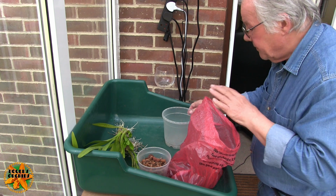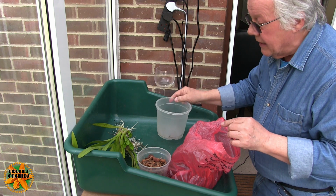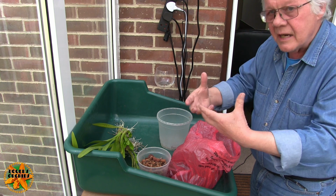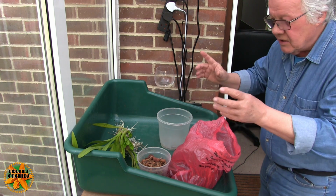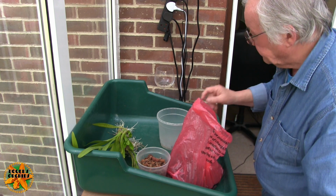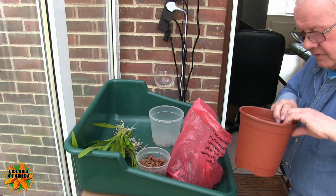That's all there is. I'm using that pot, which is too big really, but these growths are going to grow and I want room for the next lot of growths. All these pieces in one pot, so they're going in quite a large pot. Now, I'm going to use Sarah's